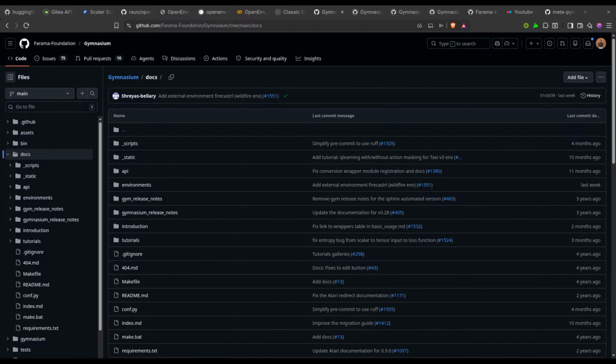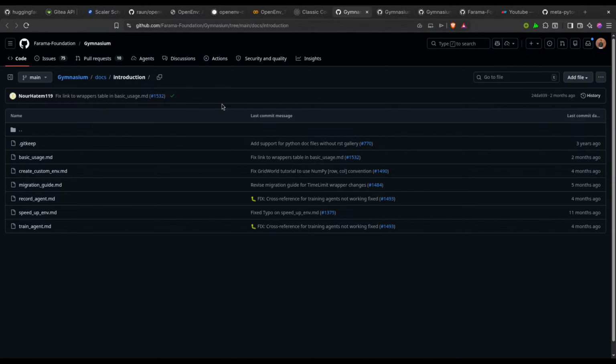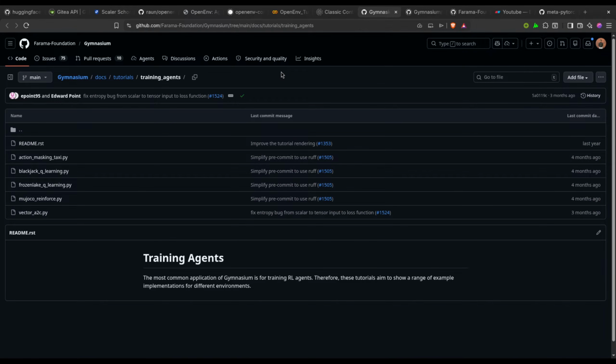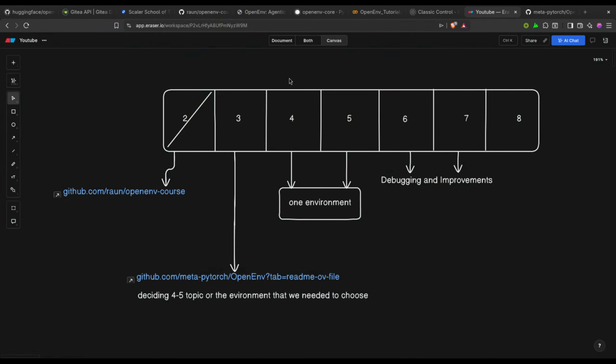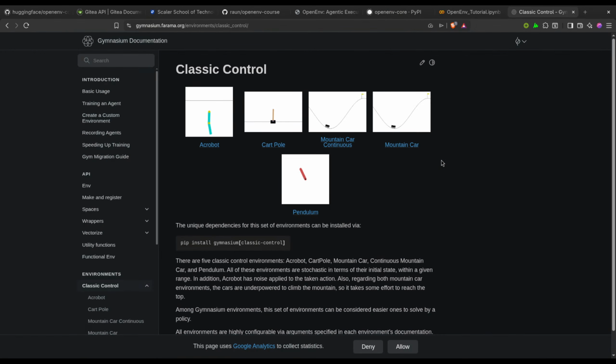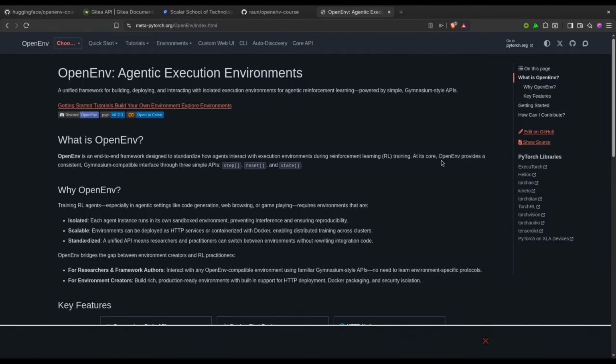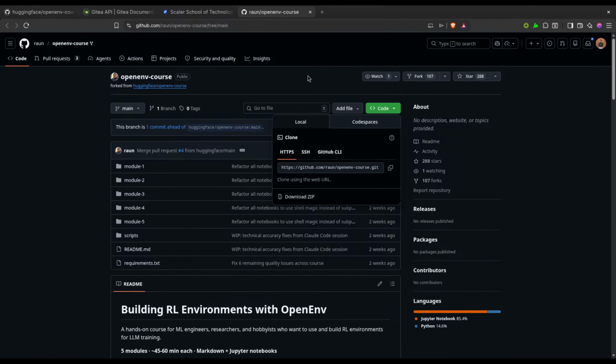I think it is going to take some time. Till then, we can read some of the things today. I don't think we get what we wanted to do. So let's see if somebody else has made something around it. Let's try to search this thing to get a reference. How can we implement it?